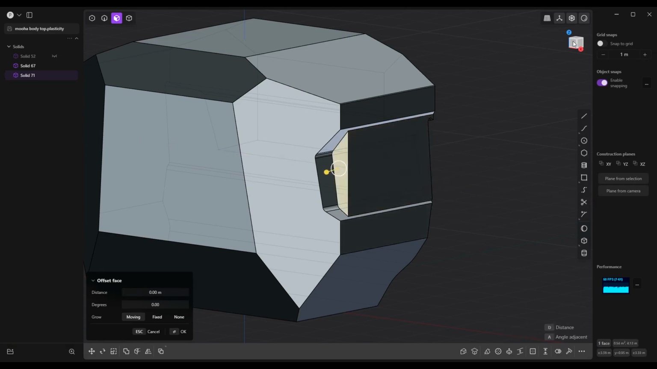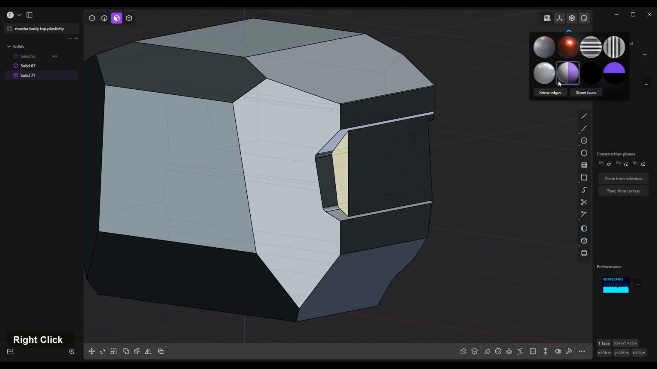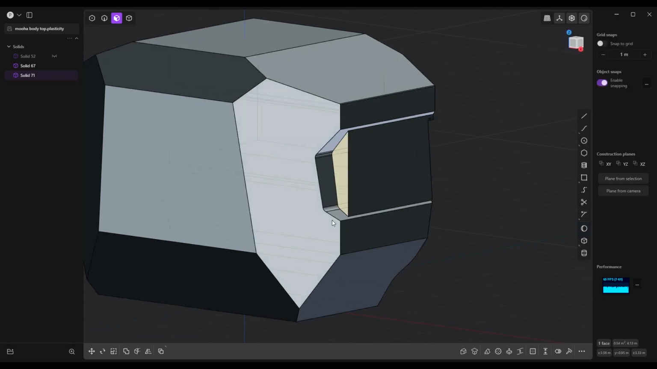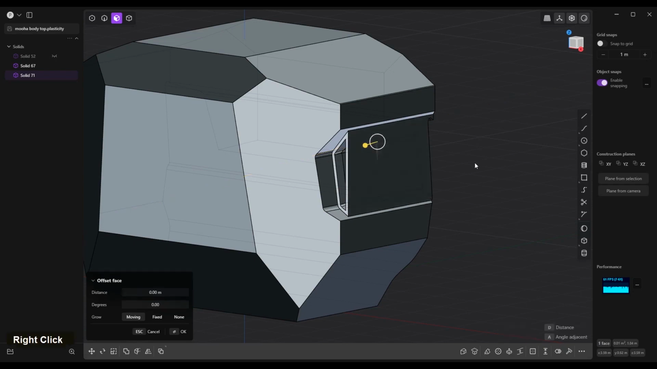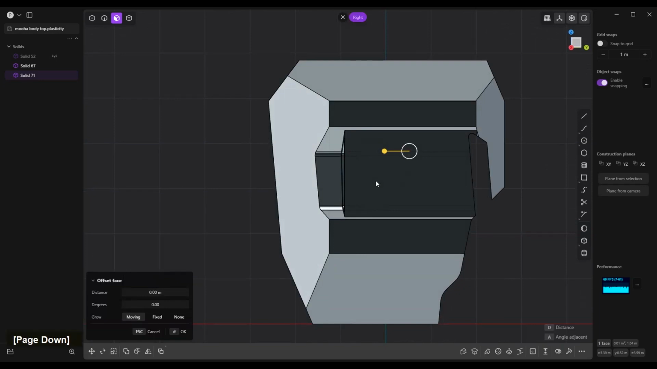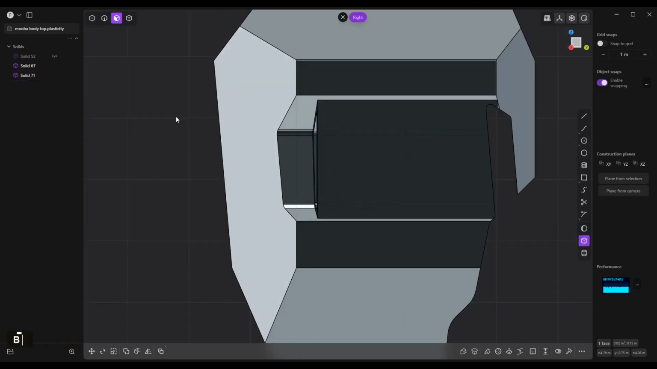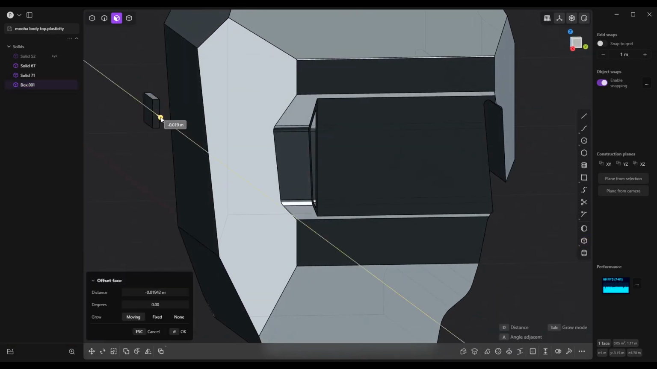Select this surface, show edges, auto set, drag it down there, right click to confirm, 3, Shift B, extrude it a bit, who knows,